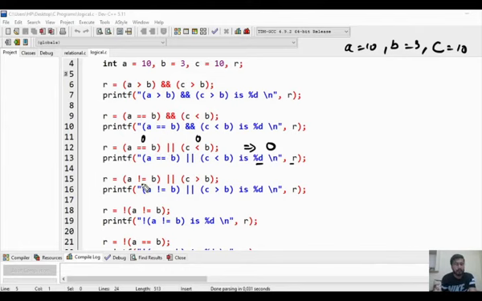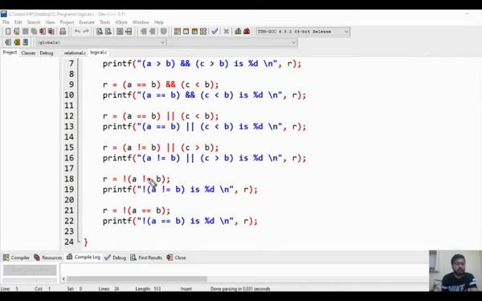अब जो हमारा नेक्स्ट क्वेश्चन है, इज ए नॉट इक्वल टू बी? दैट इज ट्रू. इज सी ग्रेटर देन बी? दैट इज ऑल्सो ट्रू. अब देखते हैं कि इसका और करने पे, 1 और 1 करने पे क्या आंसर आता है? 1. अंडरस्टूड? नेक्स्ट वन, लॉजिकल नॉट जो होता है वो क्या करता है, उसका रिजल्ट क्या आएगा? अगर 0 है एक एक्सप्रेशन का रिजल्ट, तो उसका नॉट करने पे क्या आंसर आएगा? 1. और अगर हमारा रिजल्ट 1 है तो उसका नॉट करने पे क्या आंसर आएगा? 0.